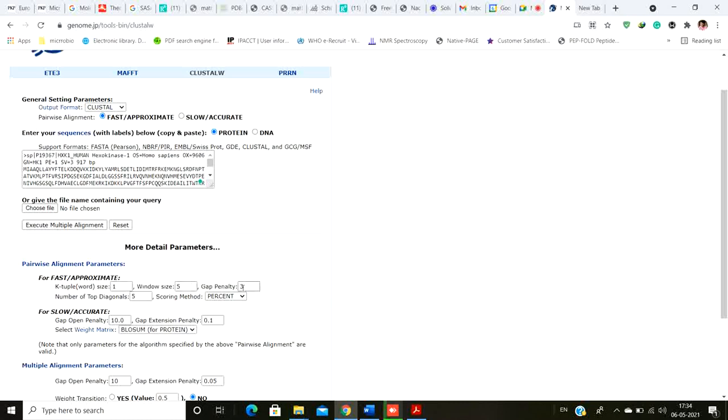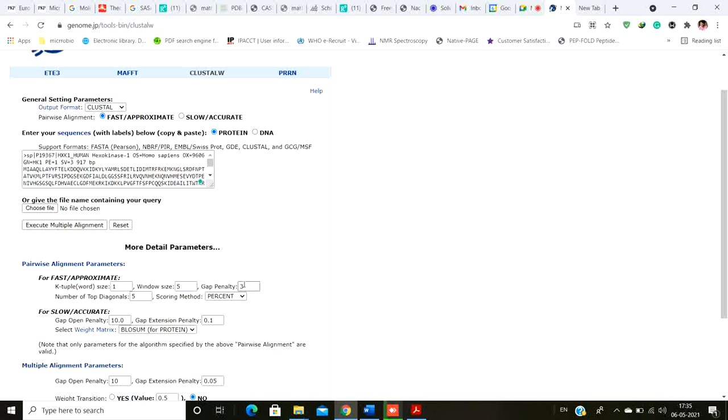See the gap penalty. Now by default the gap penalty value is kept at 3. Okay, but you can actually change this value. Suppose for your own research, you can change this value to 5 or 10, it's up to you, but whenever you are performing a similar kind of research, try to keep the parameters similar, because the score which you get by keeping a gap penalty of 3 is not going to be similar to the score with a gap penalty of 5.